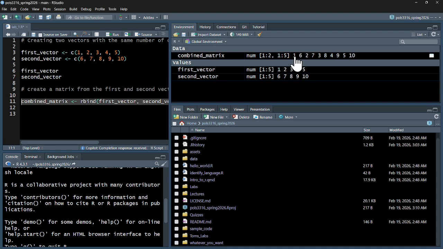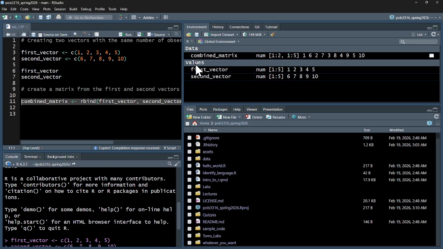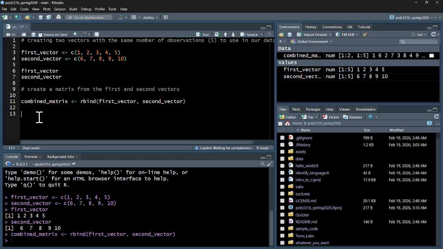So it's showing the first value from row 1, the first value from row 2, the second value from row 1, the second value from row 2, the third, the fourth, and then the fifth. So that appears to have worked the way I wanted it to,